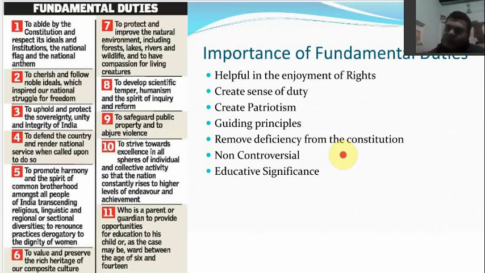But in fundamental duties, all of these 11 duties, you cannot have any controversy. Everyone will agree to this. I mean, who is going to say that let's not respect the ideals of the constitution? No matter what kind of ideology you believe, what kind of country, what kind of party you follow, what's your caste or creed or religion, poor, rich, whatever you are, no one is going to have any kind of problem with these.